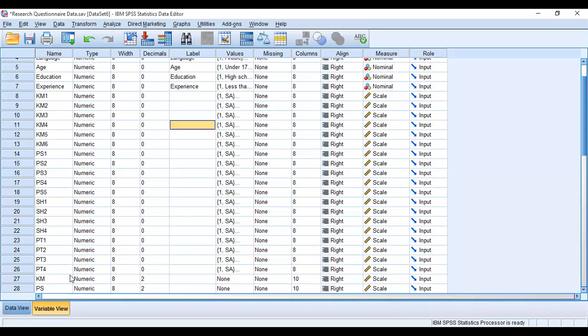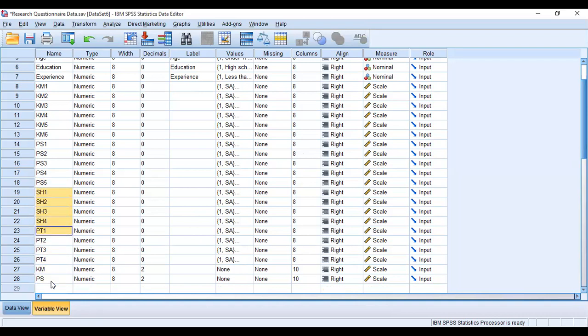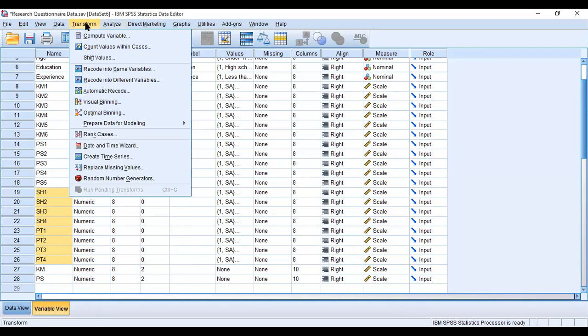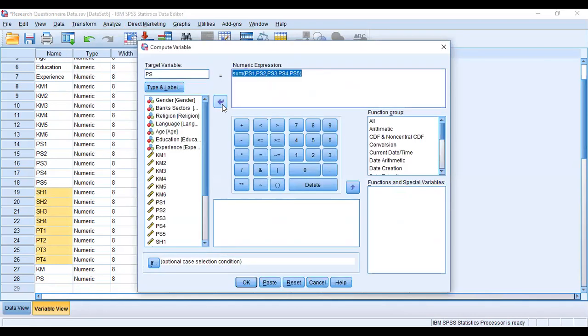This is our data. We have computed knowledge management and project success, so these are two variables. We need to compute one of the other variables, either stakeholder or project team. So have a look. At first, I'm going to transform another variable. For example, I'm just transforming project team. So have a look. Sum equal.